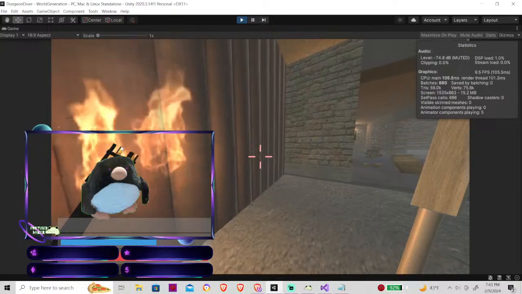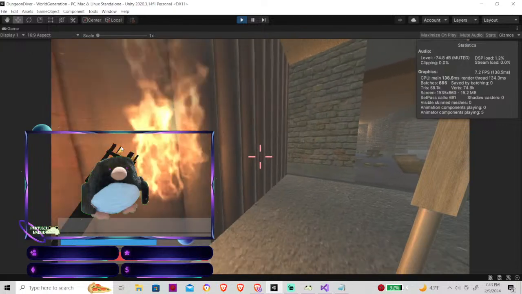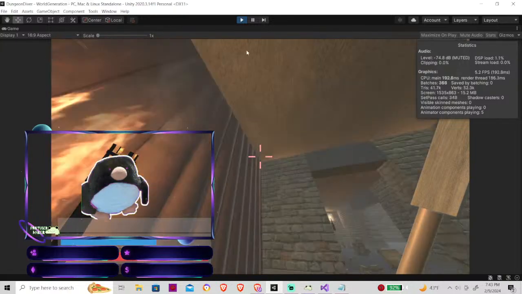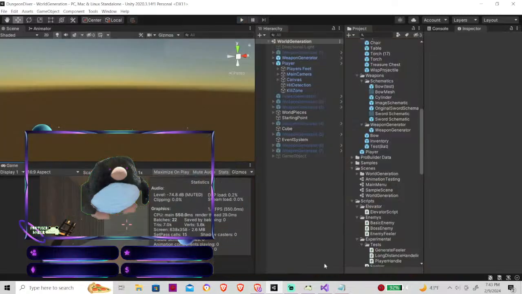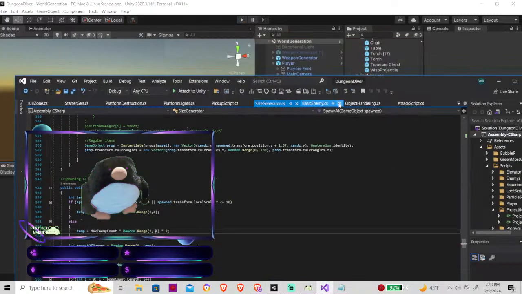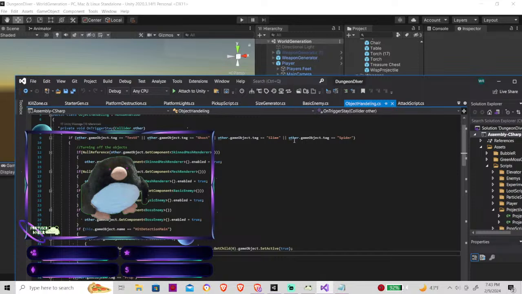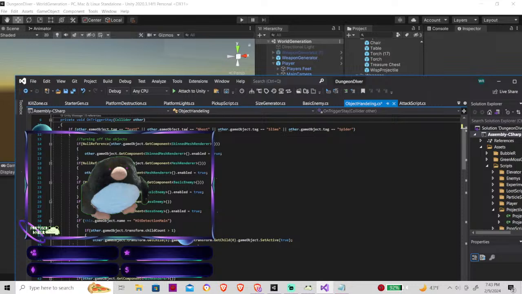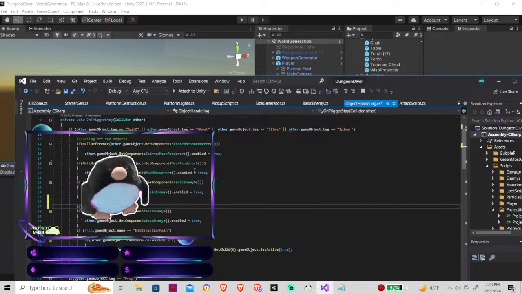Hmm. What if in object handling we had a list of game objects called enemies and props, and then we do if